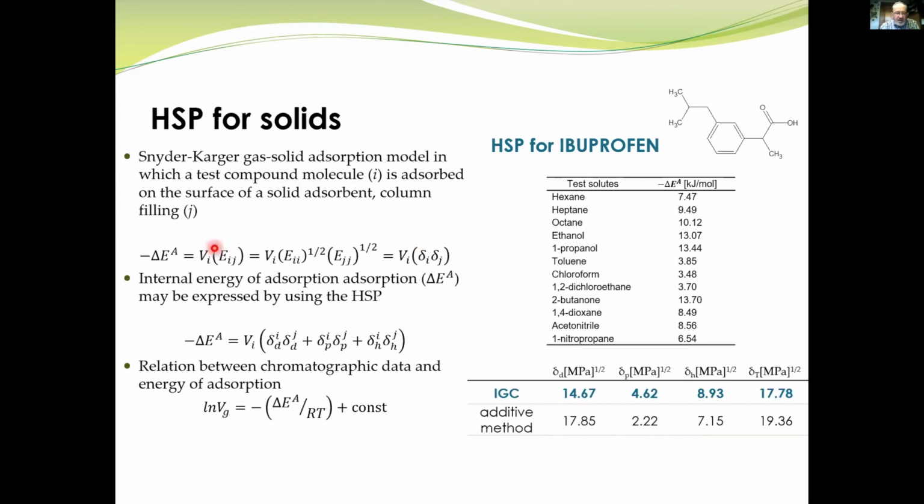And here adsorption energy is related to solubility parameters of the interacting media, so test solutes and examined materials. In such a way, we determined Hansen solubility parameters for ibuprofen, and here you can see the comparison of results of our calculations with the additive method. You know, error